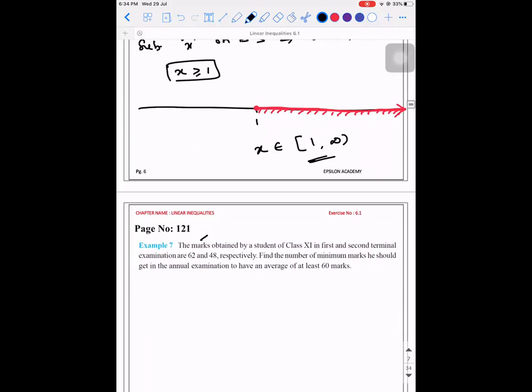So x is greater than or equal to 1, no, sir. Then we have to say the left hand side only, no, sir. Greater than or equal to 1 means 1, 2, 3 like that. It should be right hand side. No? X is greater than or equal to minus 1. Greater than or equal to means right side.